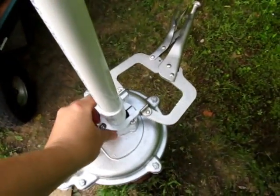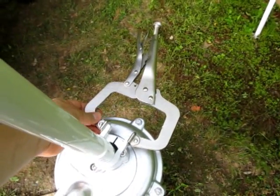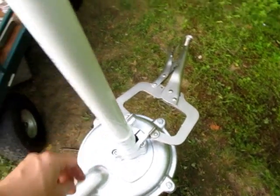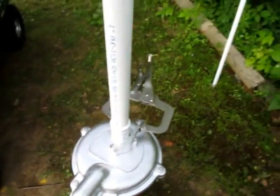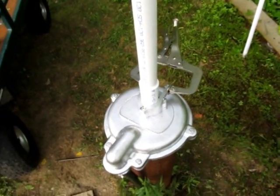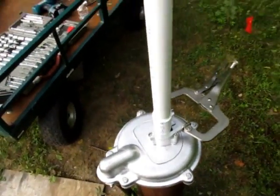This is the safety tool. I decided to throw an extra vice grip on there just in case. It's only lightly squeezing on that, but by the time you've got 5 rods down there, you've got quite a bit of weight, and I just wanted to make sure. It's just, you know, belt and suspenders sort of thing. So this is the last